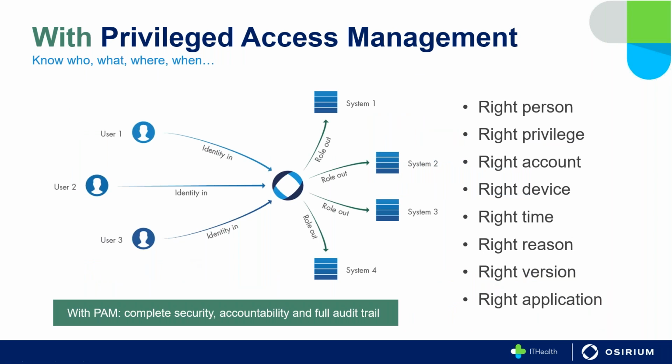So from a user perspective, the privileged user logs into the PAM platform, and from there, they're only given access to the system that they need. So it means that you can get away from giving full VPN or RDP access to servers. And the beauty of that means that you can restrict users to access only those specific applications that they need. And I think you'll probably hear from Tom that they talk a lot around how Osirium helps you to separate people from passwords, which can be extremely powerful because it means that